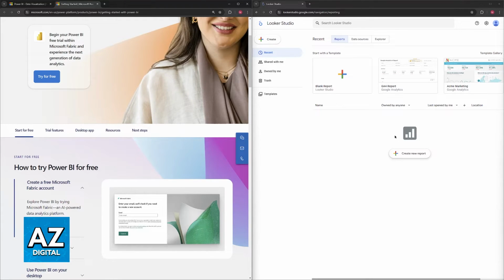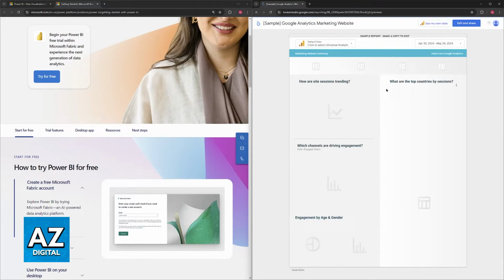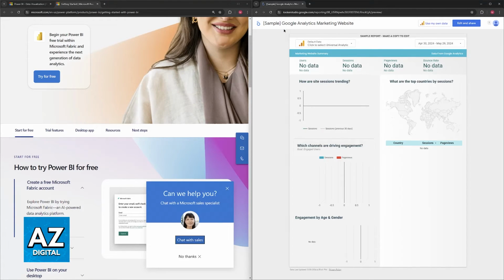Now, about Looker. The strengths include real-time data analysis, in contrast to Power BI, because it focuses on real-time insights and exploration. So I'm just going to get one of the layouts, for example. Now, it has centralized data governance. What this means is that it simplifies data access and security for teams. It has strong integration. Because it is a product developed by Google, it is going to integrate well with various third-party platforms and tools. And finally, it facilitates the collaboration and sharing of insights within teams.